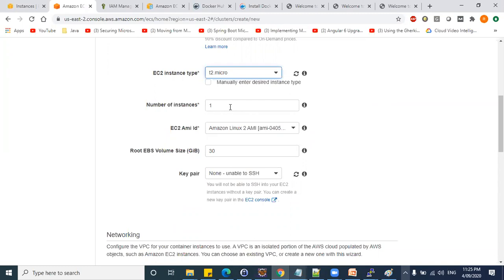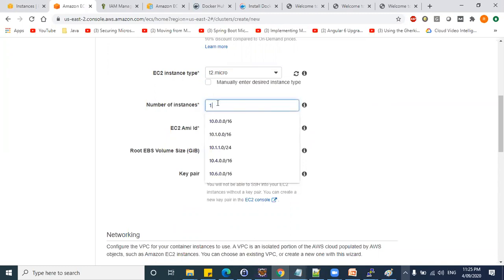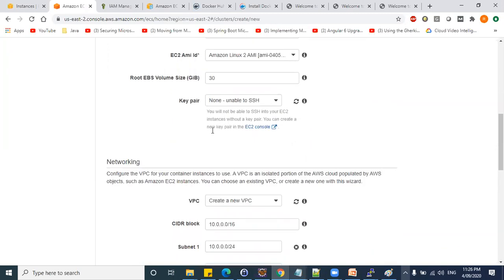T2 micro, and I can run 2-3 EC2 servers also. I'll run only one for now, and I'll select AWS one only, and root volume I'll give, and key pair I'll give is August 1st key pair, so that we will log into this. See, there is no necessity for us to log in. Whatever the tasks we push and execute, those tasks will be running, and we can check the outputs in